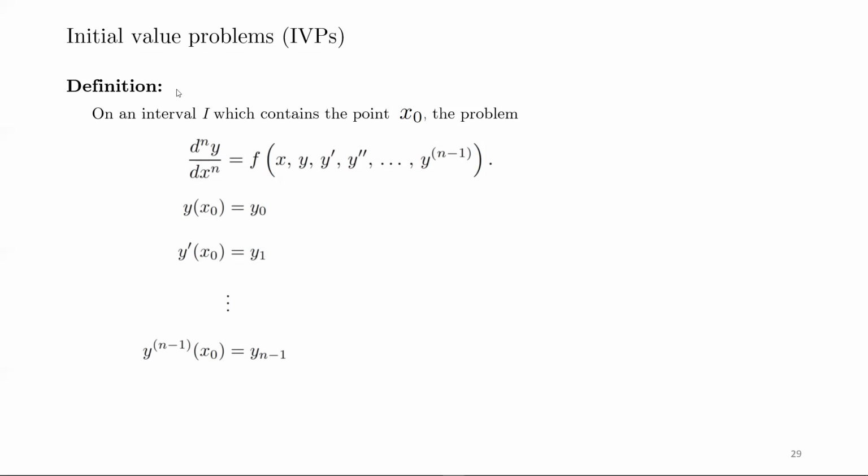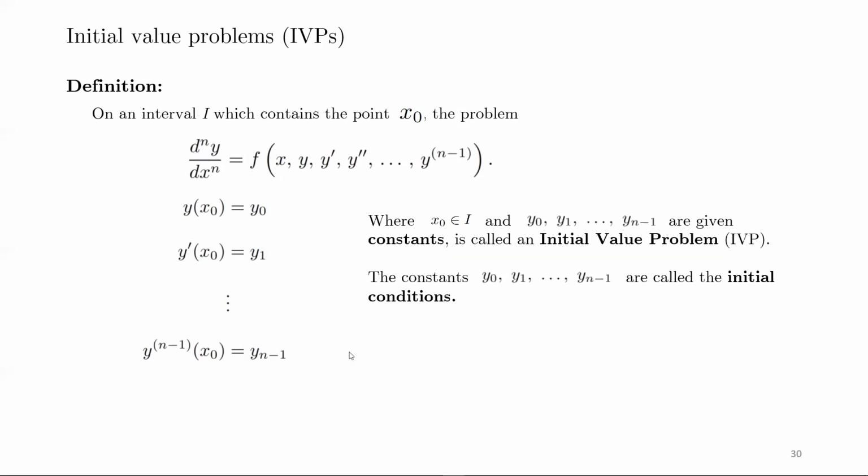Okay, so an IVP, or initial value problem, is very simply an ODE, or in fact it could be a PDE as well, but we're going to deal with ODEs here. So here we have an nth order ODE combined with some initial conditions, okay? And in fact, it has to be a very specific number of initial conditions. So why do I call these initial conditions? Well,